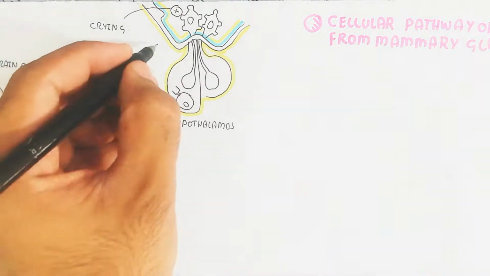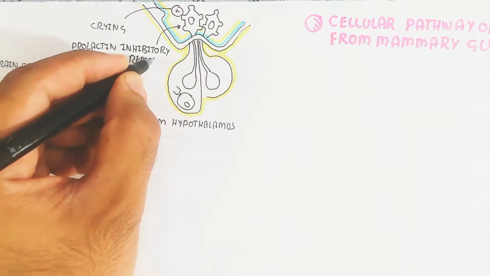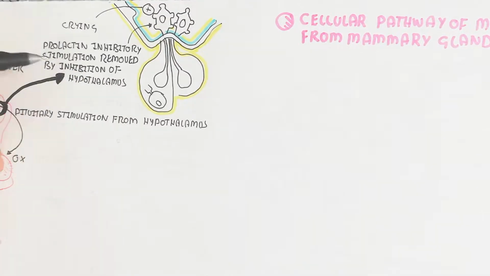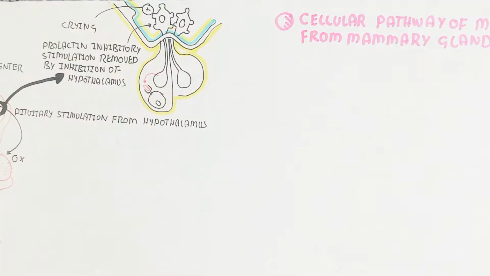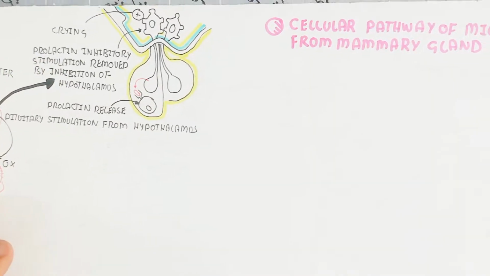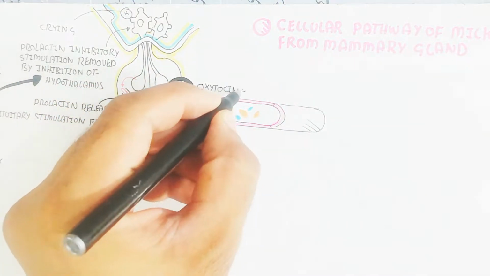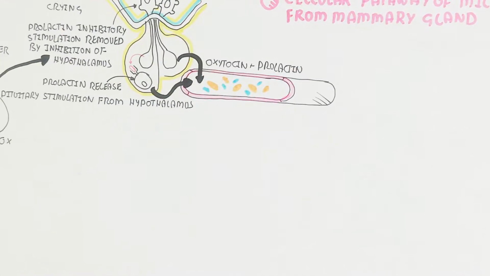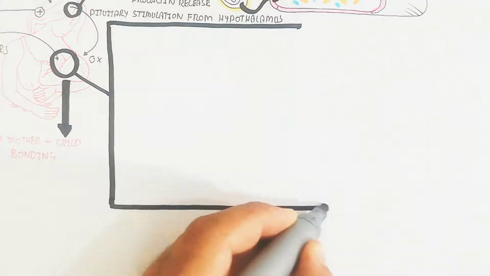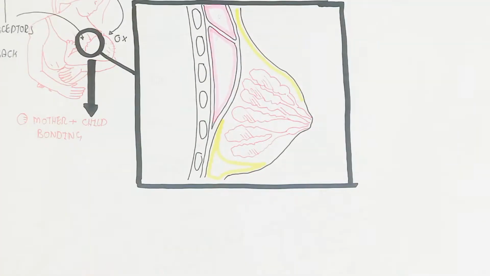So this is the hypothalamus. When crying, the baby will stimulate the hypothalamus, and the prolactin inhibitory stimulation is removed by inhibition of the hypothalamus. And in this way, prolactin is released, and due to the inhibitory removal it will increase prolactin in the blood circulatory system as well as oxytocin. So remember, both hormones are endocrine hormones, and oxytocin is the neuroendocrine hormone, and